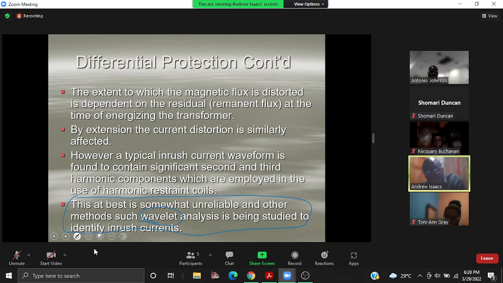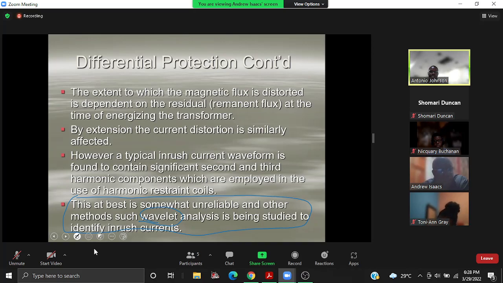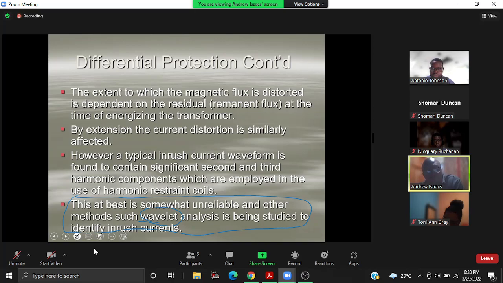Excuse me, sir. Yes. So is it that then the harmonic restraint coils, if that's the correct name, would no longer be used in this? For the wavelet, you would then,